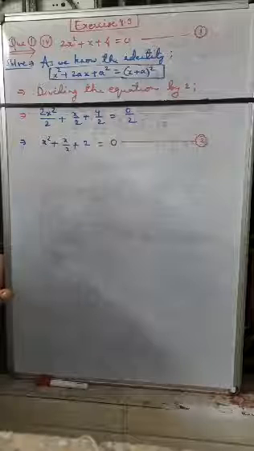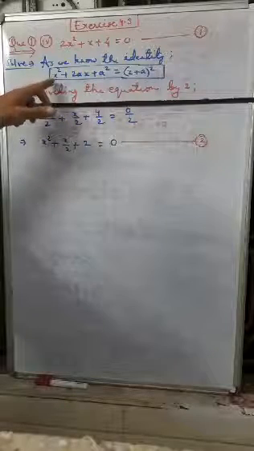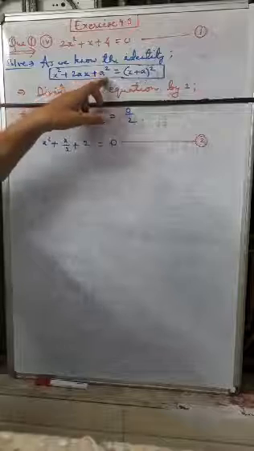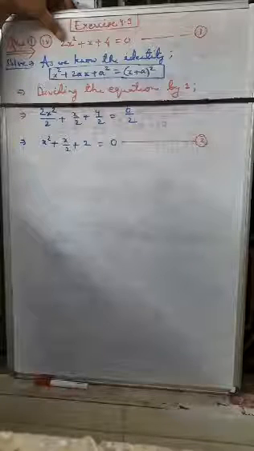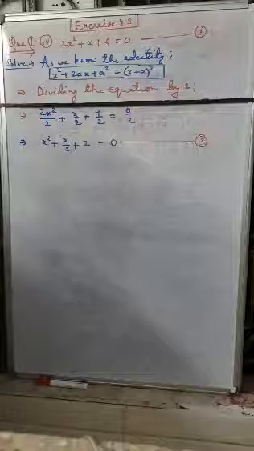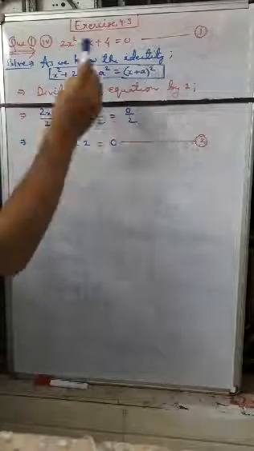In the previous question, I also told about the formula a² + 2ab + b² = (a + b)². Similarly, we have the formula x² + 2ax + a² = (x + a)². But looking at equation 1, we have an additional 2, which is the coefficient of x². So we need to remove 2 from equation 1. For this purpose, we will divide the equation by 2.